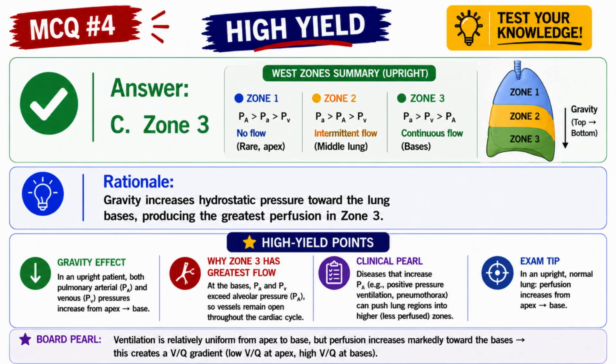Maximum perfusion. Gravity pulls blood toward the dependent portions, the bases in an upright patient. Zone 3 always has the greatest blood flow. This is why dependent positioning matters. In lateral decubitus position, the dependent lung has better perfusion. Zone 3 physiology. And why PEEP can create or expand Zone 1 by raising alveolar pressure, compressing capillaries, increasing dead